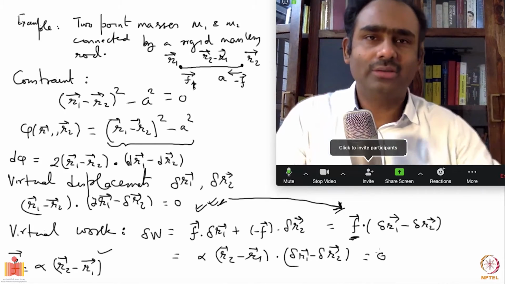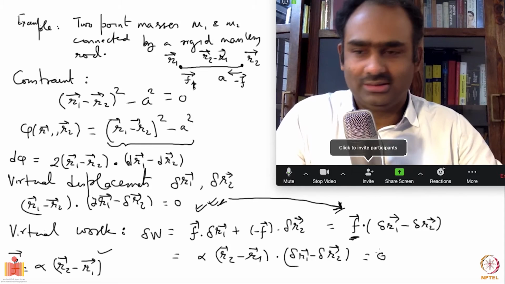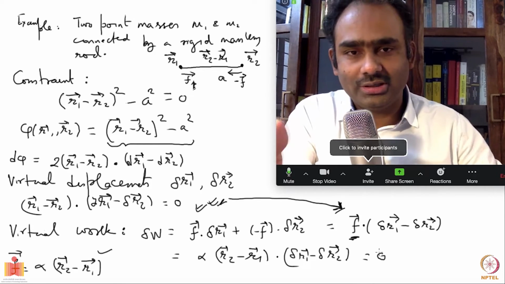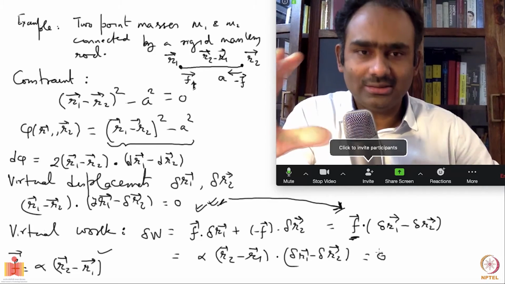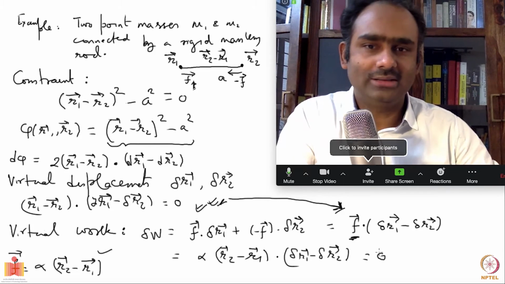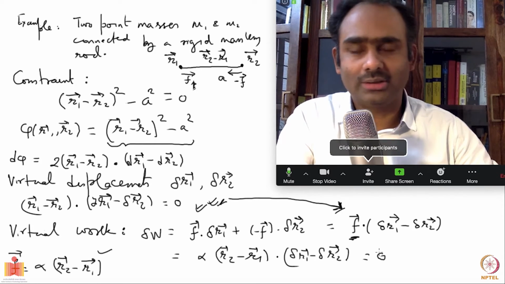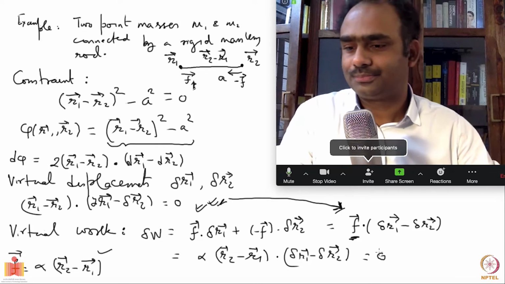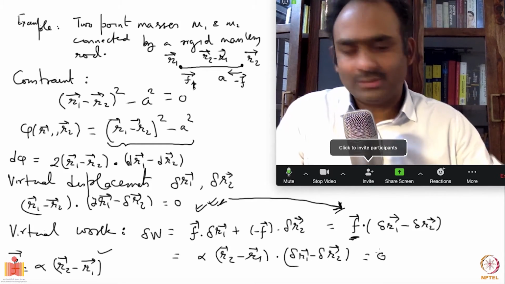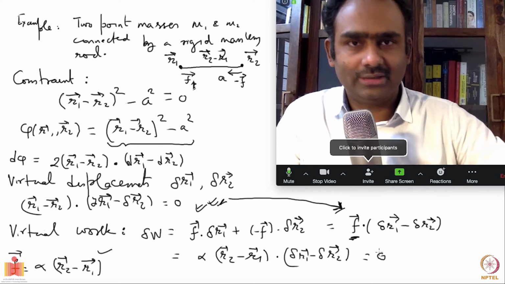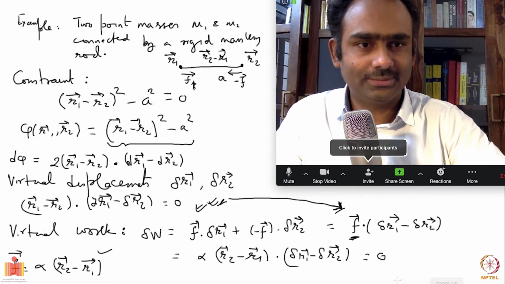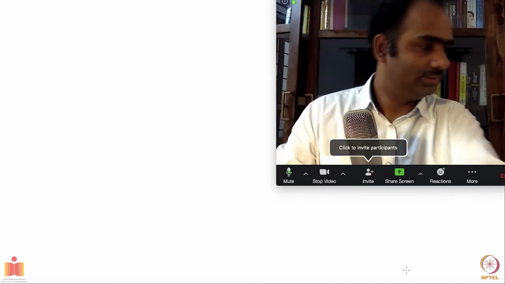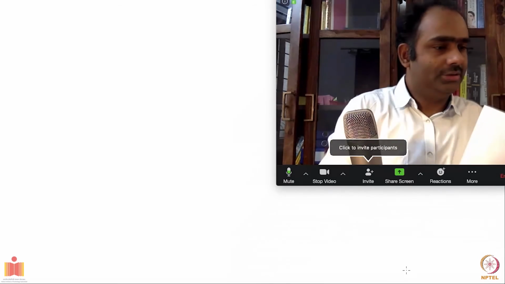And clearly, if you are looking at a rigid body which is just a collection of particles whose distances are fixed, the same argument which I used here, you can use there, make pairs, and you'll realize that immediately the virtual work done in any virtual displacement would be 0. Okay, that's good. We have now some familiarity with some other cases. Let's go to the next thing which I want to tell you.